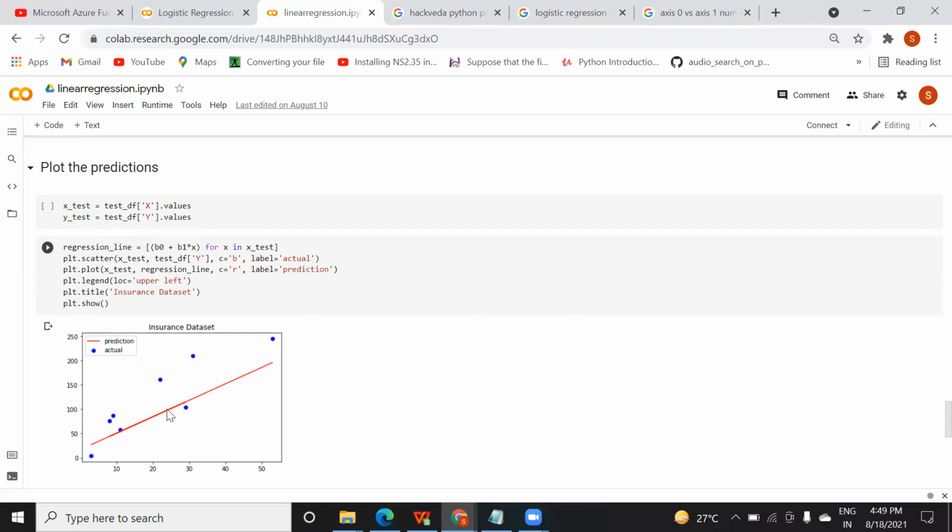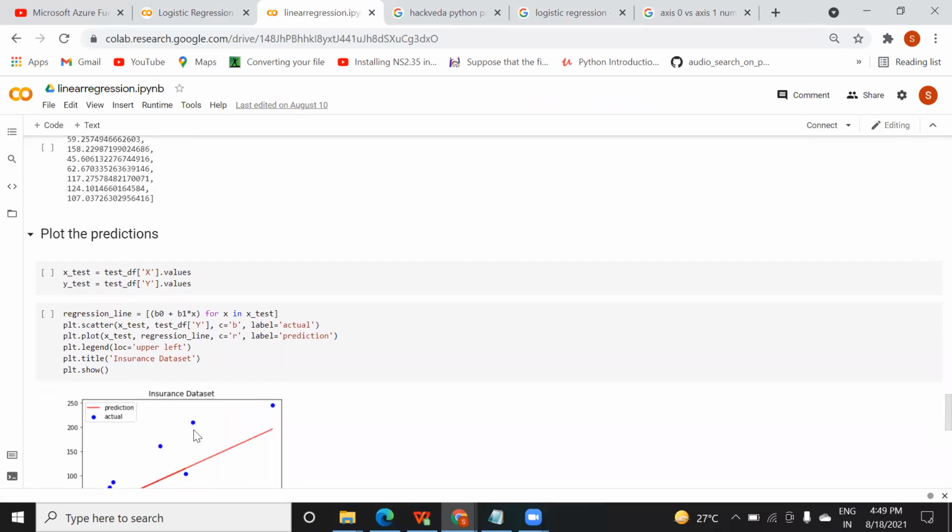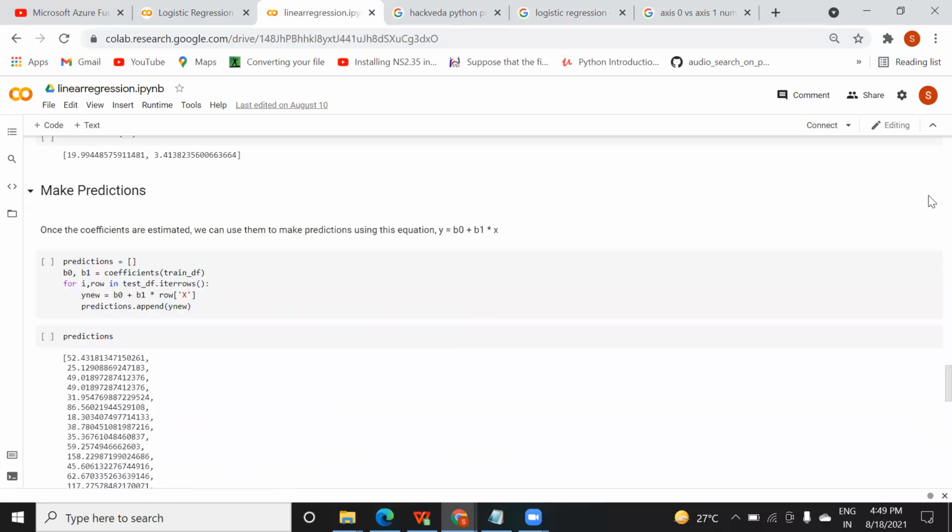But here we find that some of the points occur very far from this best fit line, which is the prediction done by the algorithm. So this algorithm has less accuracy. You can see here the 47% accuracy is there, and error is there, because your prediction is coming very far from your best fit line. So just run this so that you can get an idea.